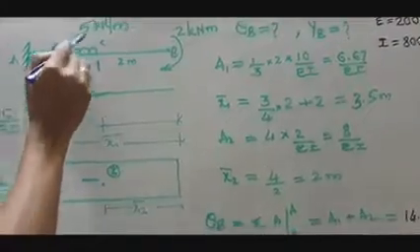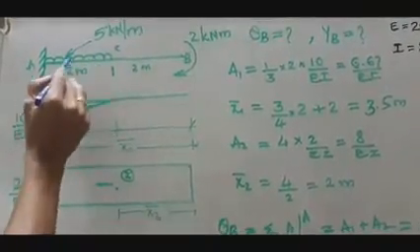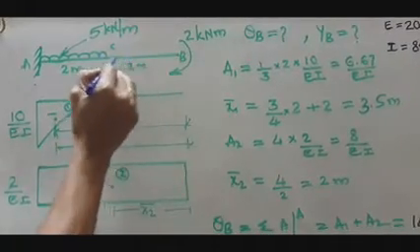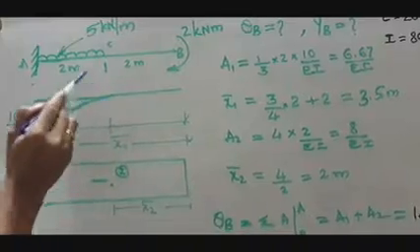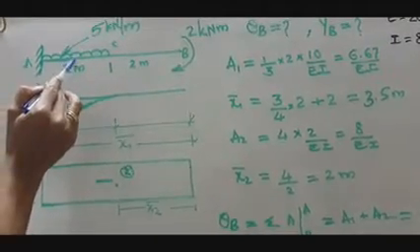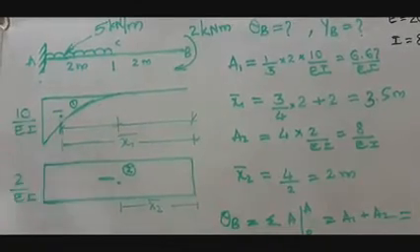So if you draw the bending moment due to the 5 kN per meter UDL, at that time you have to forget about this 2 kN meter. If you draw only that bending moment, there is no load between C and B. Now the moment will be 0 here, then here it will be 5 into 2 into 2 by 2, that is 10 by EI. Of course, it is a negative bending moment diagram.